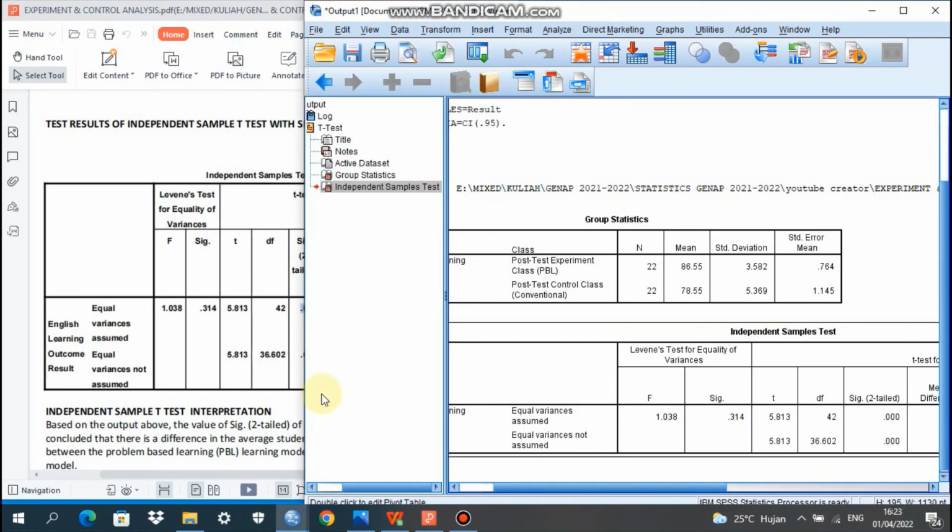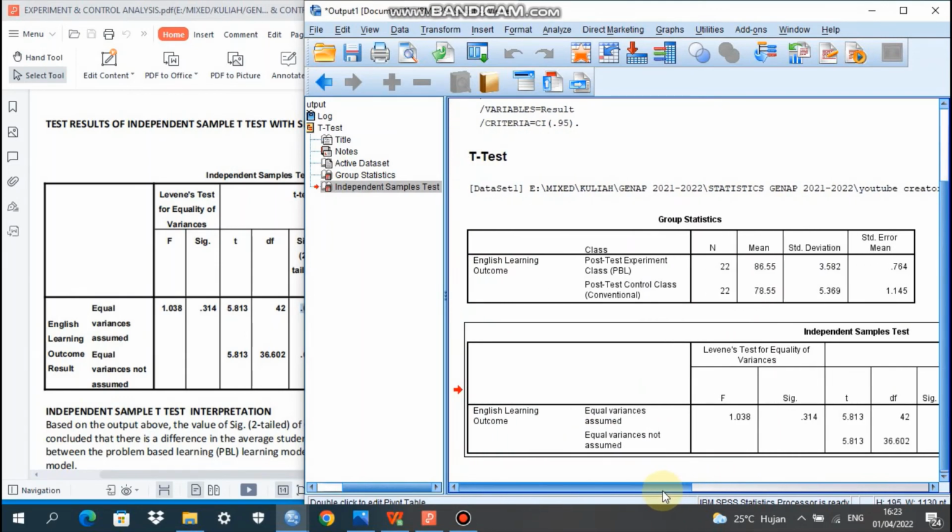And then we can have a look at the group statistics here. Post-test experiment class PBL, the mean here. It can be seen here that the implementation of the post-test experiment class, in this case the implementation of the problem-based learning or PBL learning model, is able to increase the students' achievement in English.